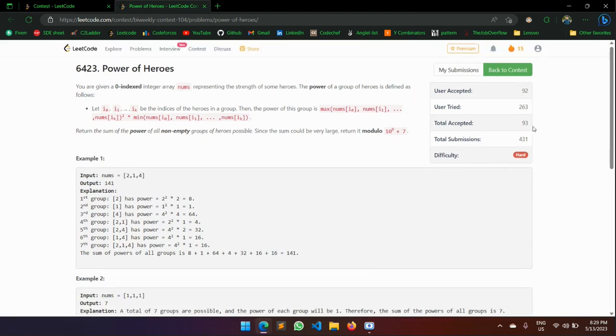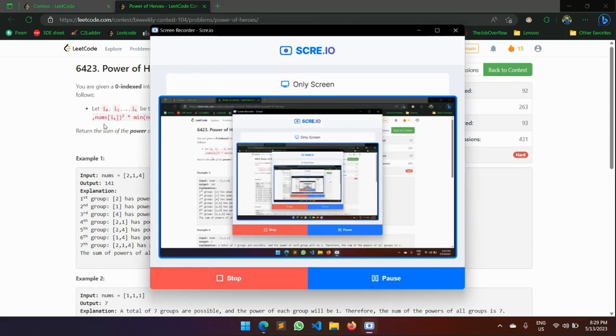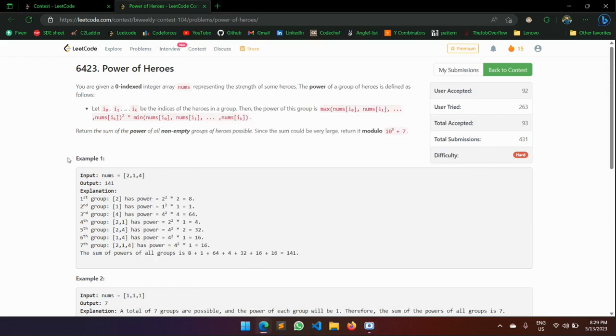the hard question is getting way too many submissions. Okay, it's recording. Is it? Yes. You're given a zero indexed integer array nums representing the strength of some